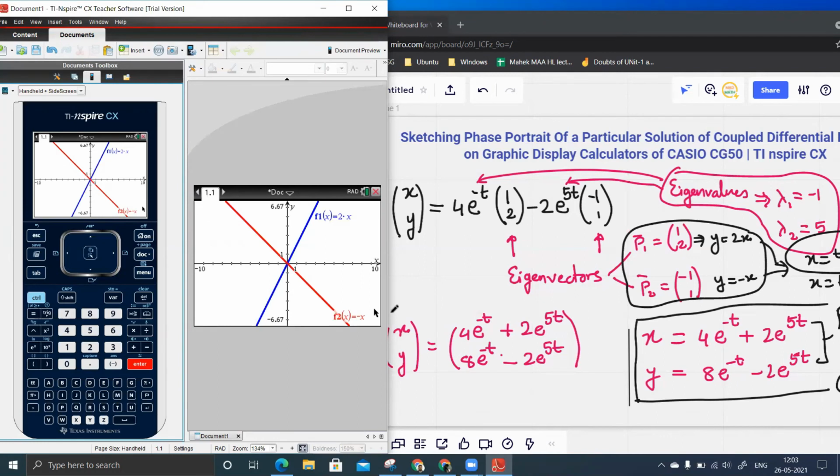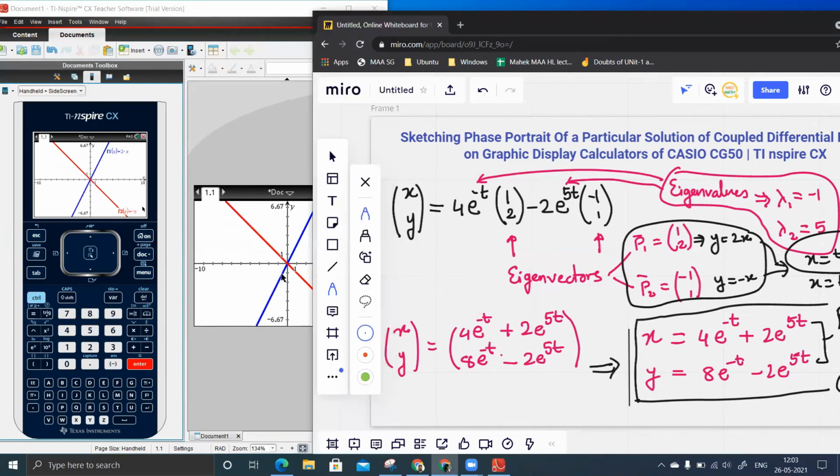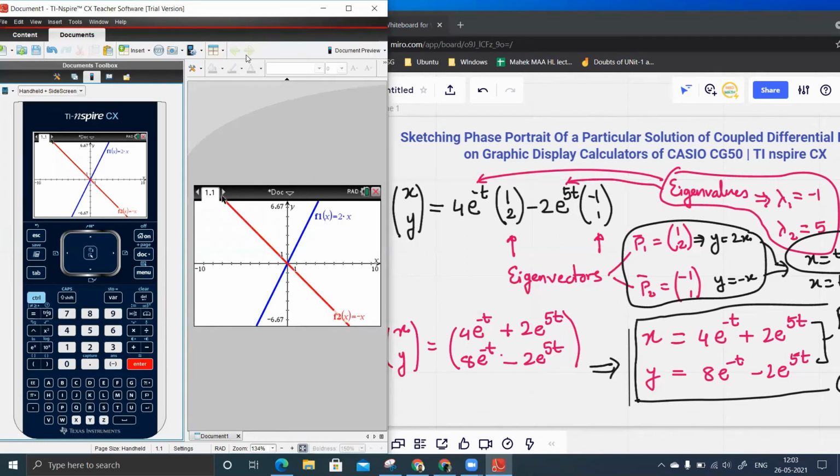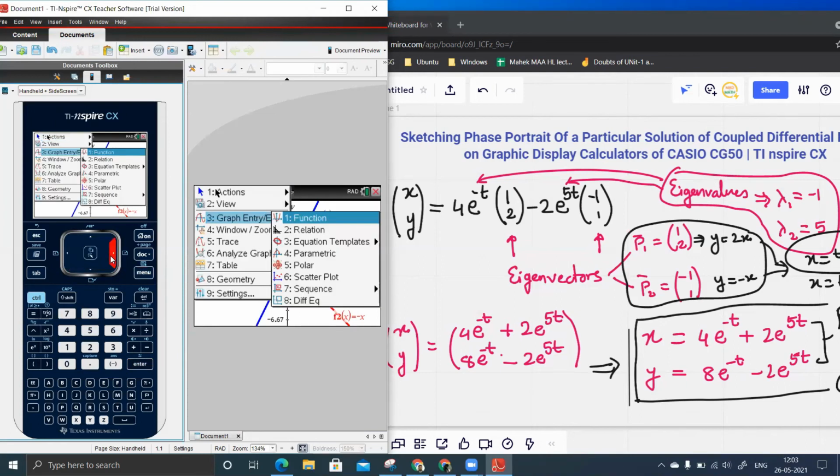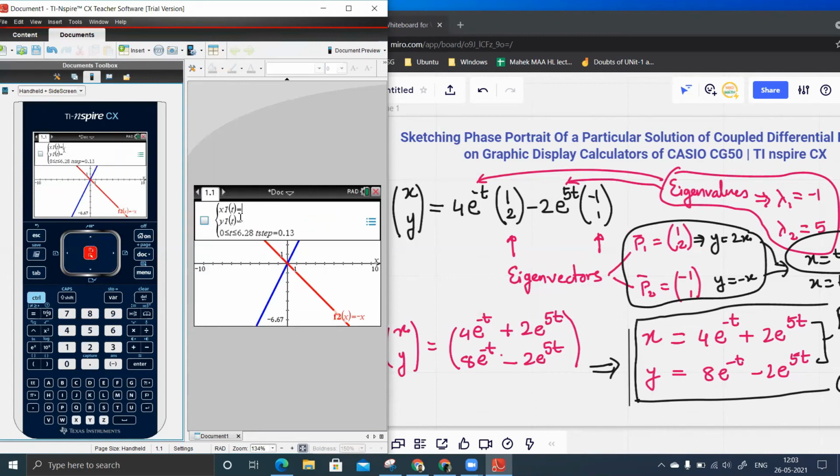Now to add this solution, we need to use the parametric version. So we go to menu, graph entry, then come down and click on parametric. Here you can see xt and yt. So let us input the values over there.